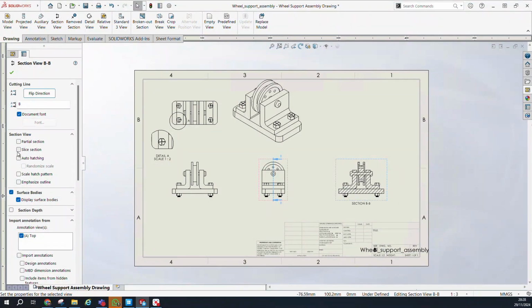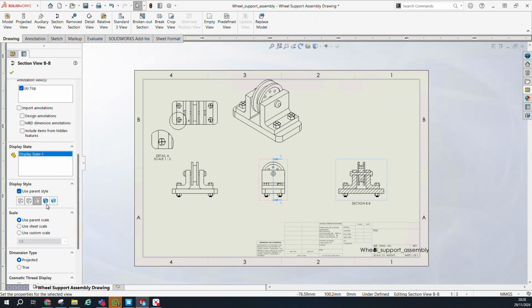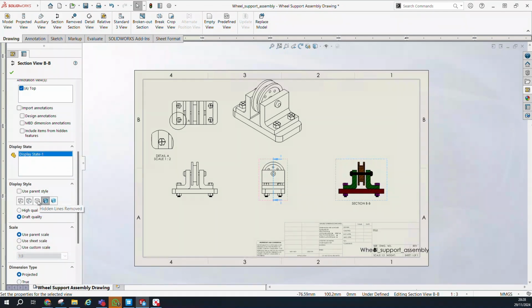These are the options which you can see: partial section, scale edge, pattern. These are things which you can apply in this section. So you can change its type so that you can see what is going